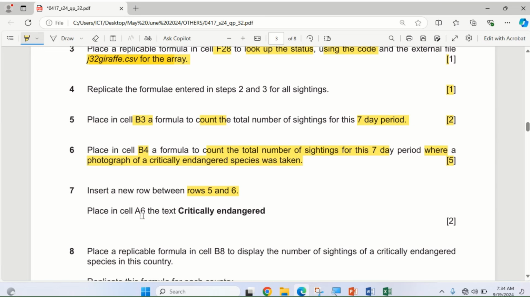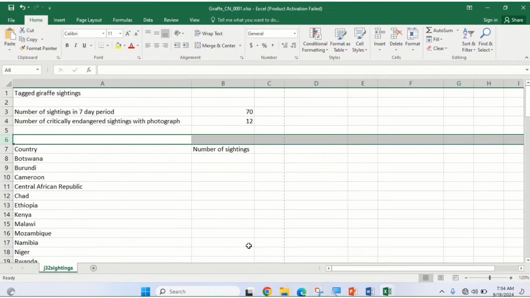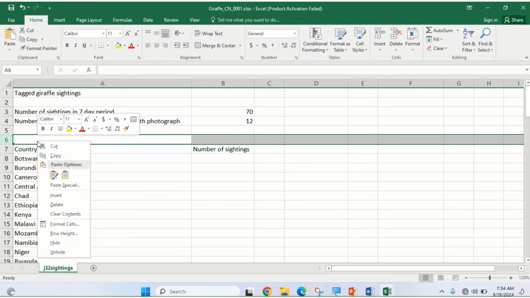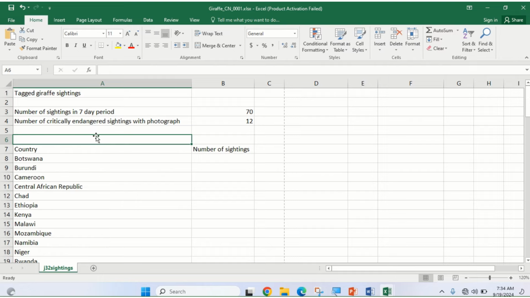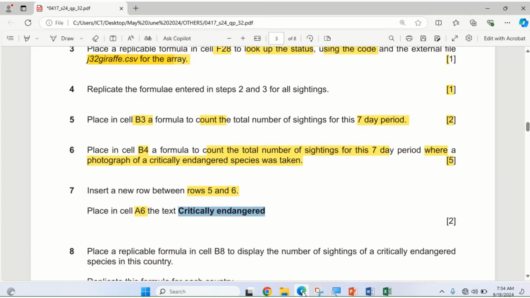Place in cell A6 the text critically endangered. So this text is what we are picking, critically endangered, in cell A6. So let's go to A6, critically endangered, paste. We click here and paste critically endangered. Okay,